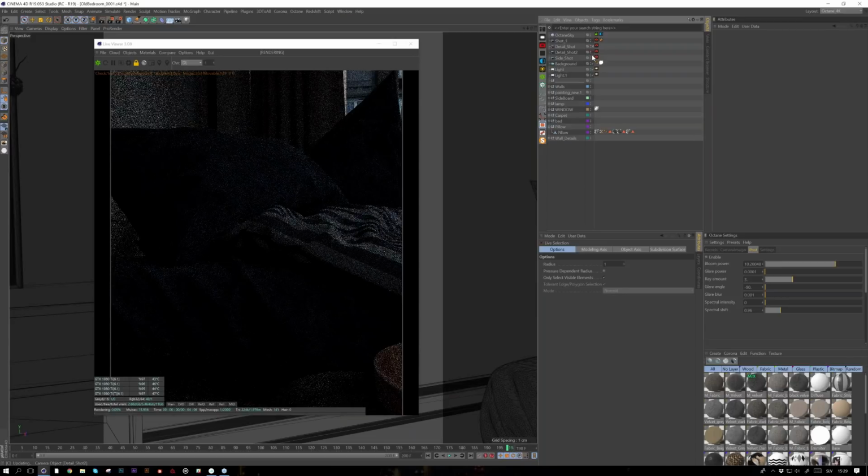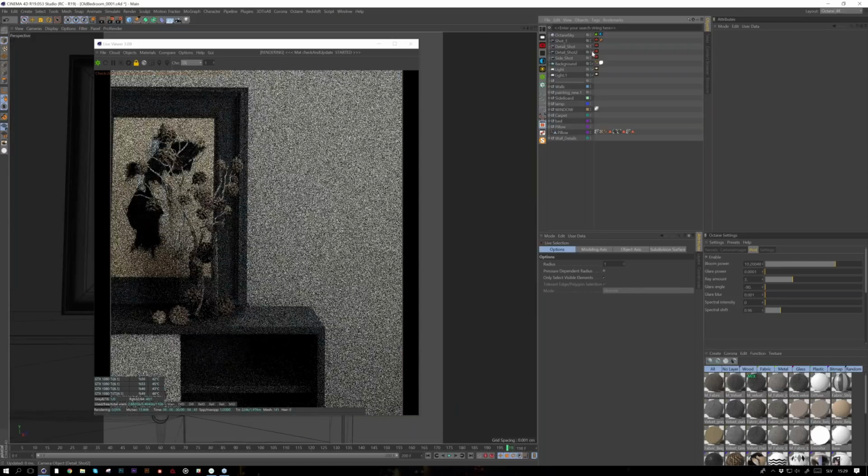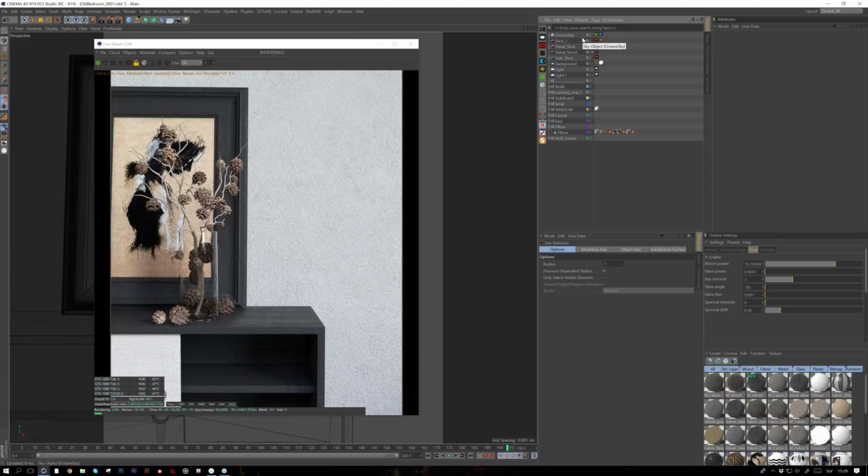So basically, like walking inside a room with your camera and looking for a good angle to take a shot, take a picture. So it's a very interesting way to work. And also, when I work with clients, I almost never send them